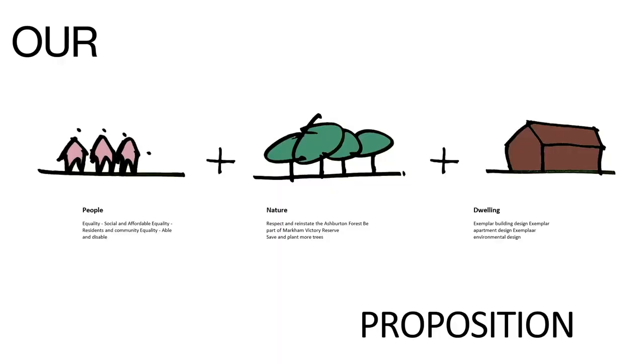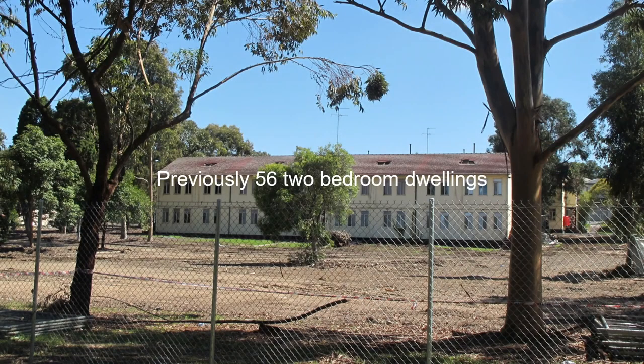Fundamentally, this is about people. It's about providing safe, equitable, healthy, positive homes and communities for people to live in. It's about anchoring that in its natural environment, in nature, and ultimately about providing homes, dwellings for individuals. It was always a government site, Homes Victoria,